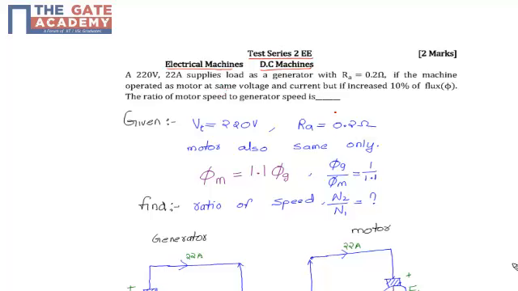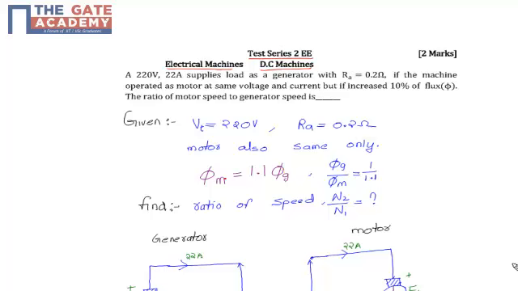resistance 0.2, load as a generator. If the machine is operated as a motor at the same voltage and current but with 10% increased flux, which is nothing but the motor also has the same voltage, current and armature resistance, but only the flux is increased by 10%, that is, the motor flux phi m is equal to 1.1 phi G, which is the flux of the